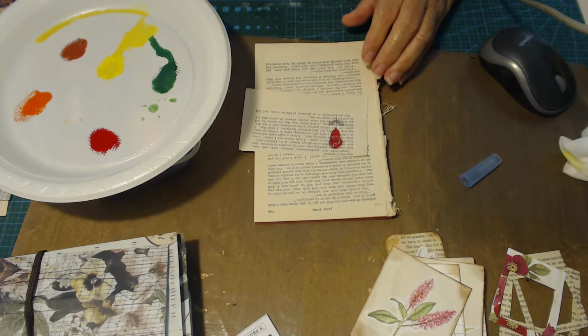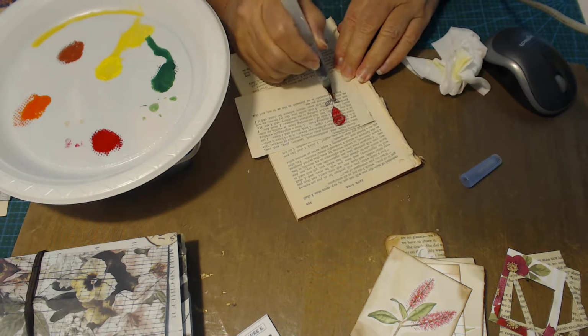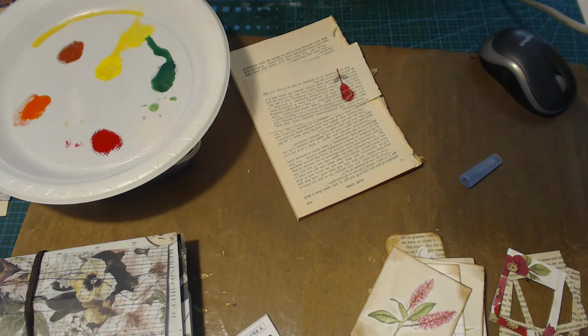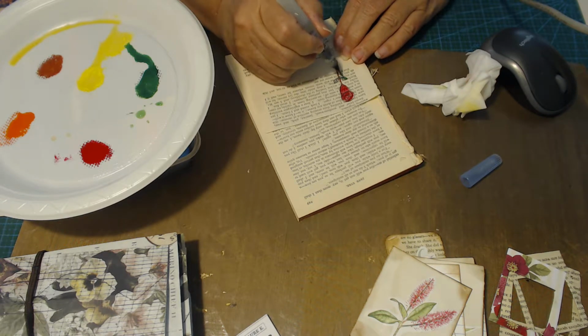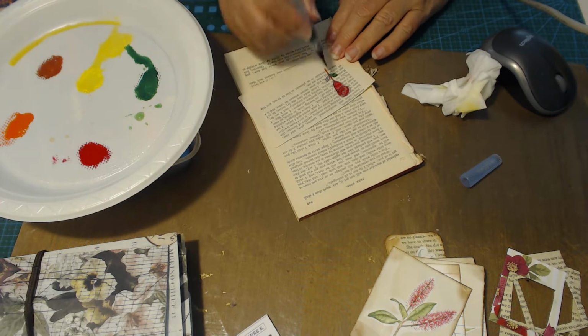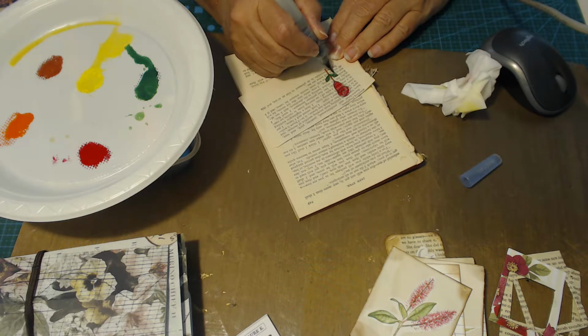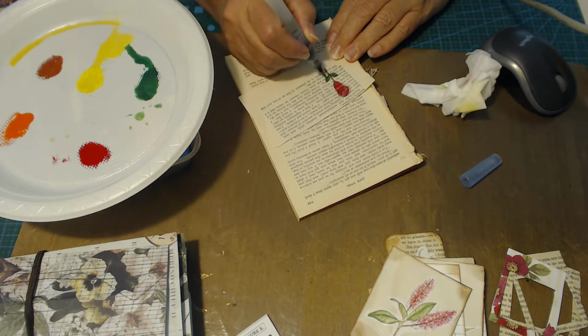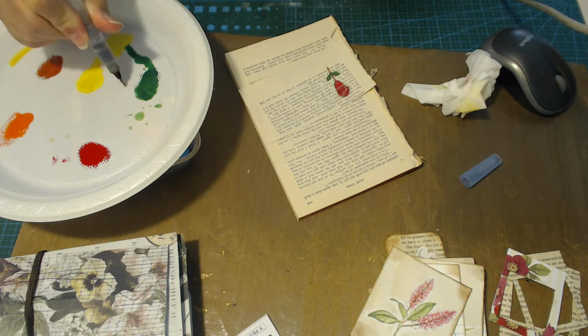Okay, so I've done our rose. Let's do our stem. Okay, so I've done that. Then let's do our leaves, like that. Now, what that needs is